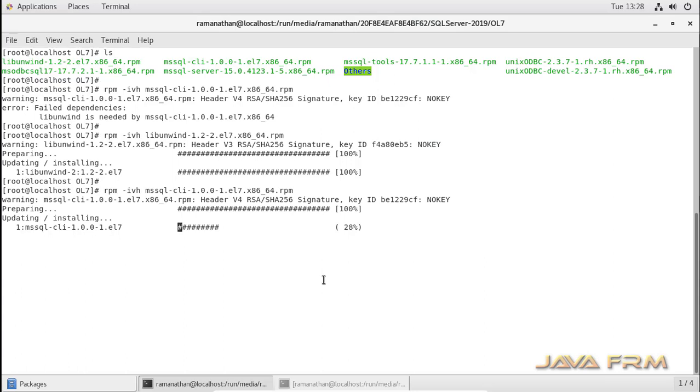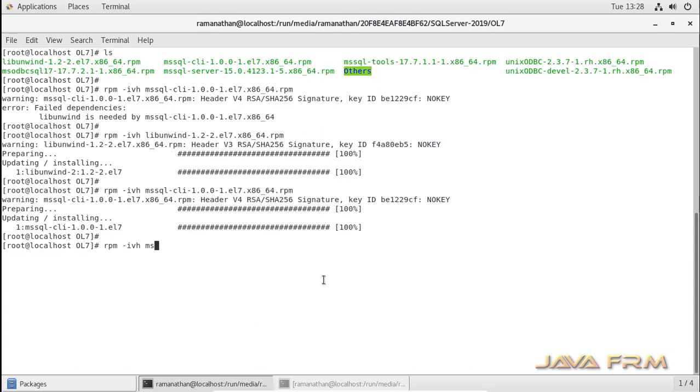It is available in the DVD itself, so no need to worry. Now you can see that I am able to install the Microsoft SQL command line interface, MSSQL-CLI. This is a very noteworthy tool. We will see later how to work with MSSQL-CLI.